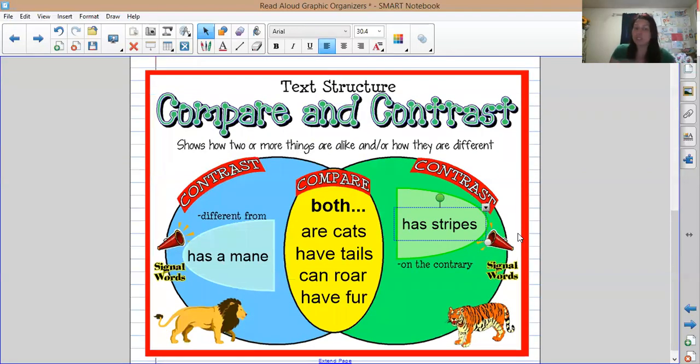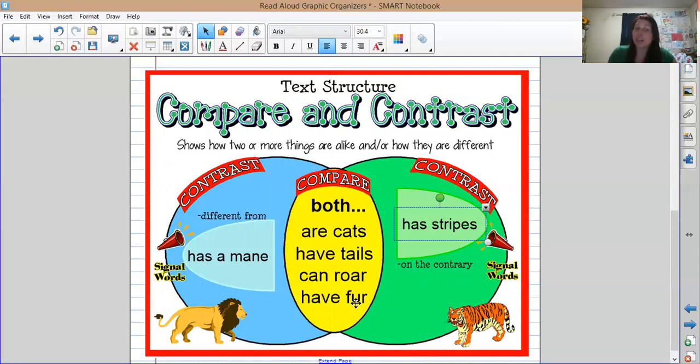Normally, and once again, this can also apply to a nonfiction compare and contrast, right? We may not be comparing characters. We may be comparing things that are in real life. So let's take a quick look at this organizer. Comparing and contrasting, we have a lion and we have a tiger. So if I want to say how they are alike, I could look in the middle, right? Usually where our circles overlap, we say, what do they both have in common? Well, they're both big cats, right? In the cat family, they both have tails and they both can definitely roar